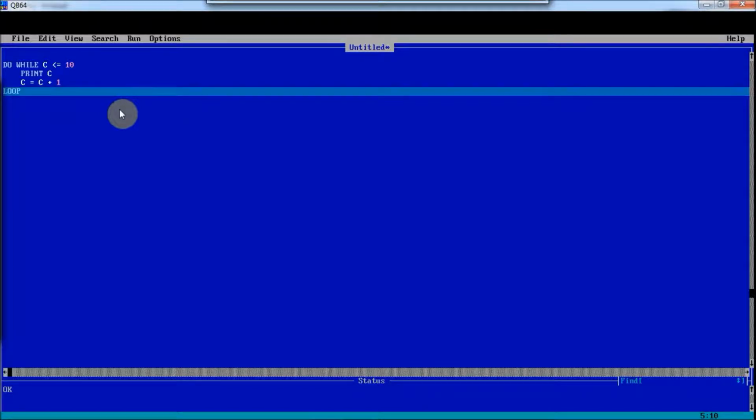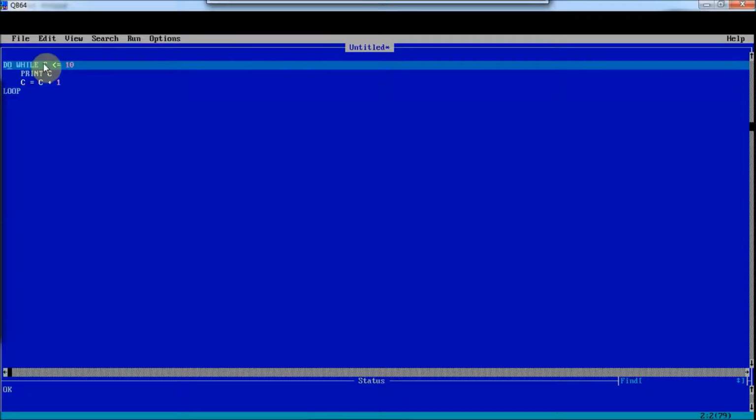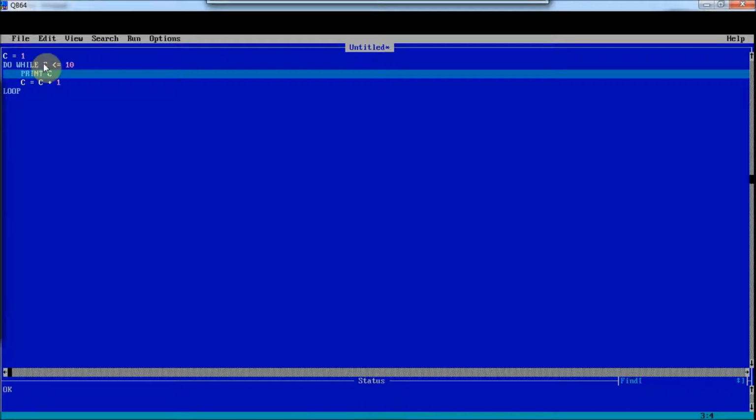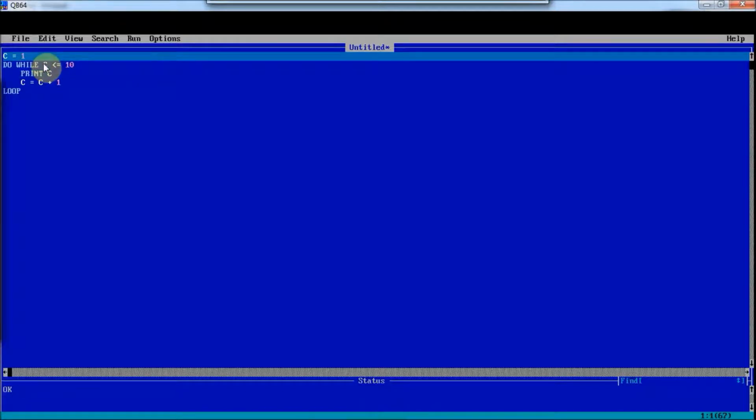It will print the value of C. Since I have not assigned the value of C in the beginning, it will start from 0. If you want to start from 1, you can give C equals 1. Now it will print the numbers from 1 to 10. Let's run this and see.